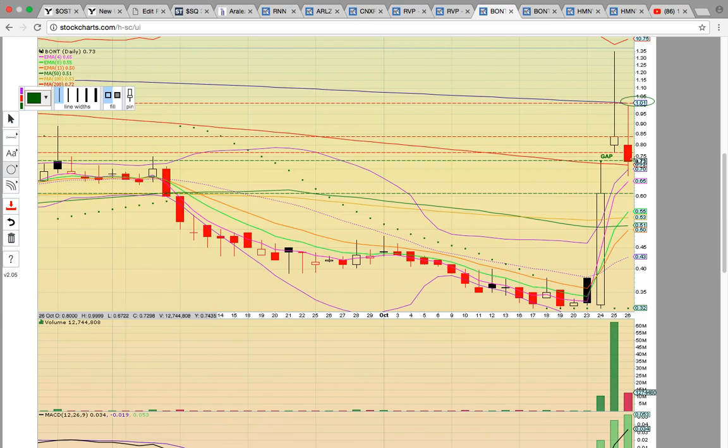But in order to head higher, it's got to start trading above the top of the gap. So now that's a big resistance level. It's got to get above the bottom of the gap as well. It needs to hold 72. Now if you see 72 break tomorrow, the next key level to hold is